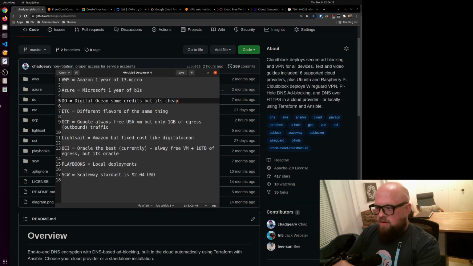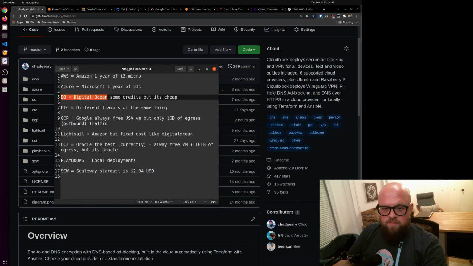I've got them listed here against the directories on the GitHub page. So for Cloudblock and Cloudoffice, the services themselves don't care which cloud provider you choose. They act the same whether you deploy to AWS or Azure, etc. So what is AWS? AWS is Amazon. Azure is Microsoft. DigitalOcean. Etsy is a special folder. It's a few different flavors of these providers, so we might be able to take advantage of some extra stuff, and I'll go into that in a little bit.